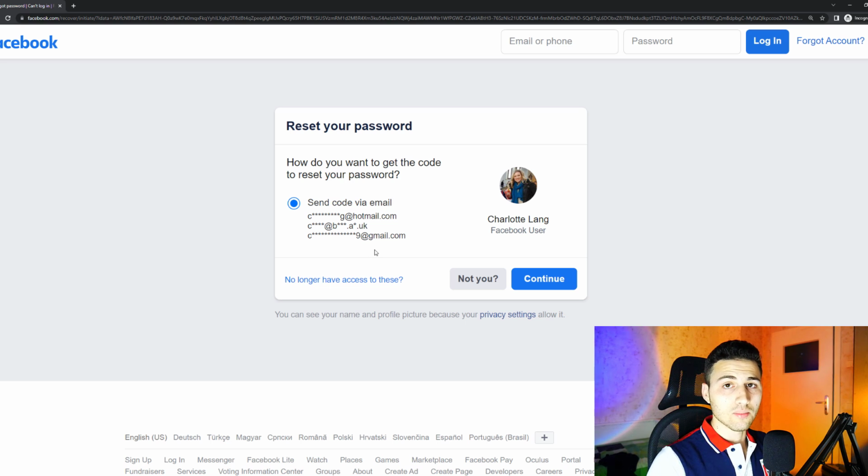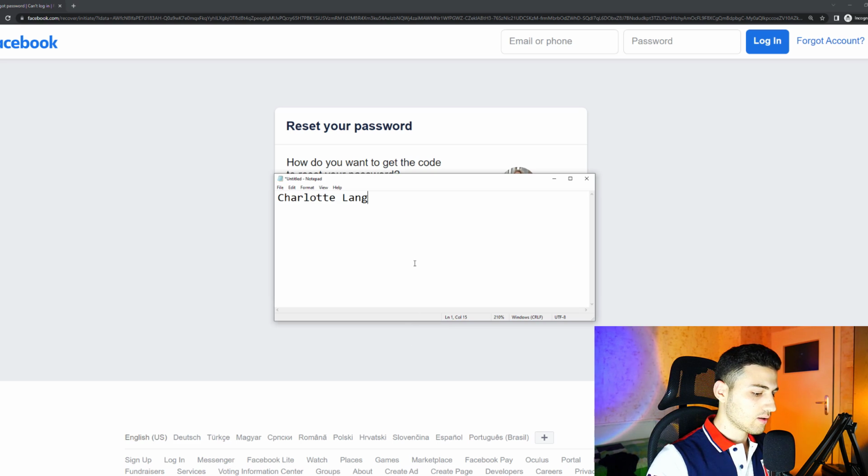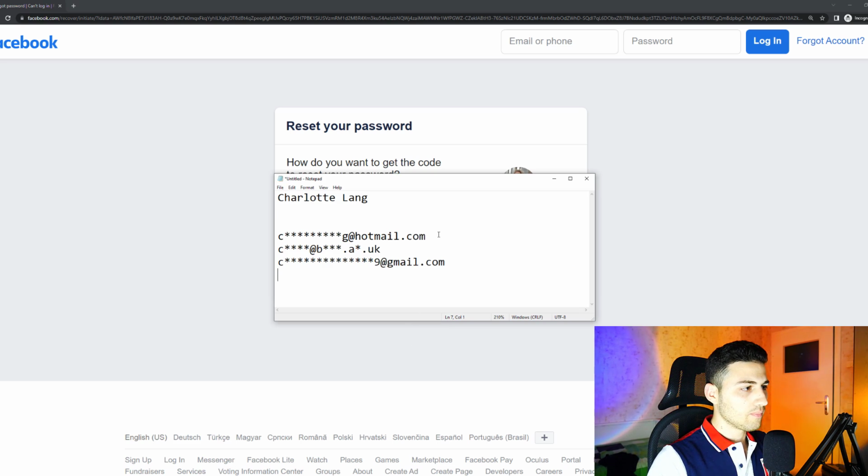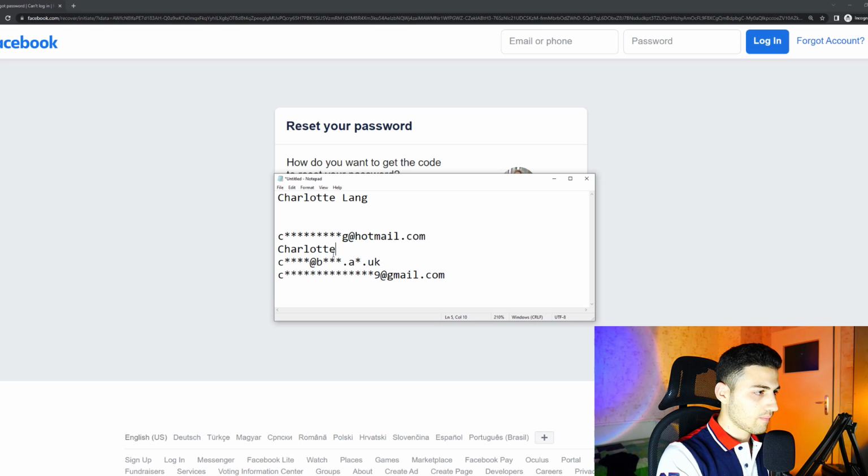Now we have 3 emails, and we would like to discover these emails or see what these emails are. So I would like to copy them and put them in my notepad. So I'm gonna put them in here. And the thing that I first do is always get here first name, for example, and then say dot, and then we have